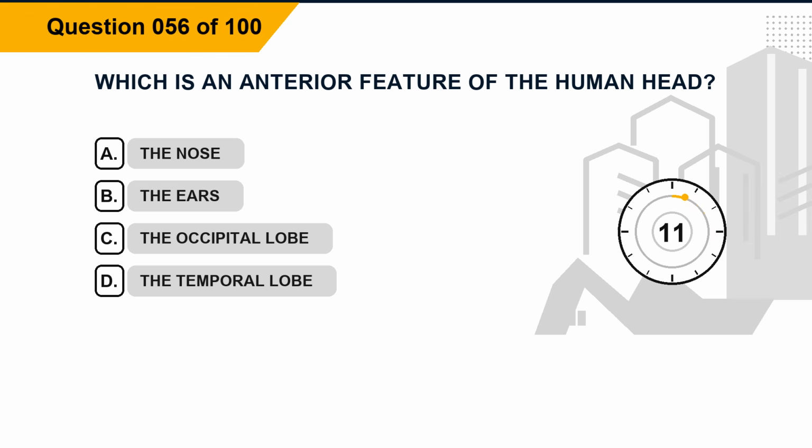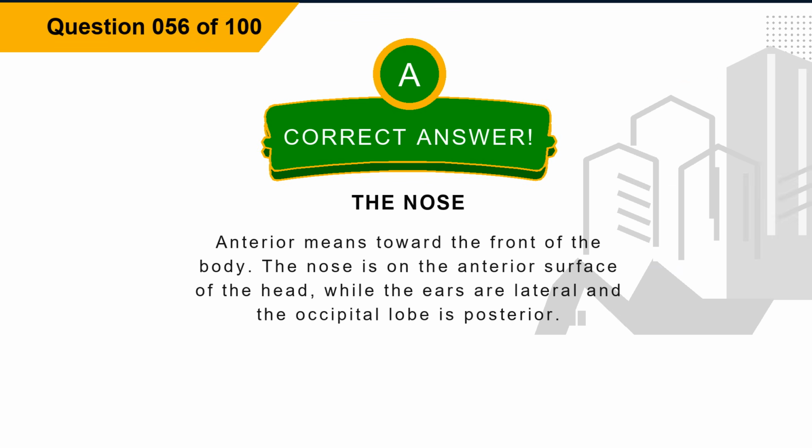Question 56. Which is an anterior feature of the human head? Option A, the nose. Option B, the ears. Option C, the occipital lobe. Option D, the temporal lobe. The correct answer is option A, the nose. Explanation: anterior means toward the front of the body. The nose is on the anterior surface of the head, while the ears are lateral and the occipital lobe is